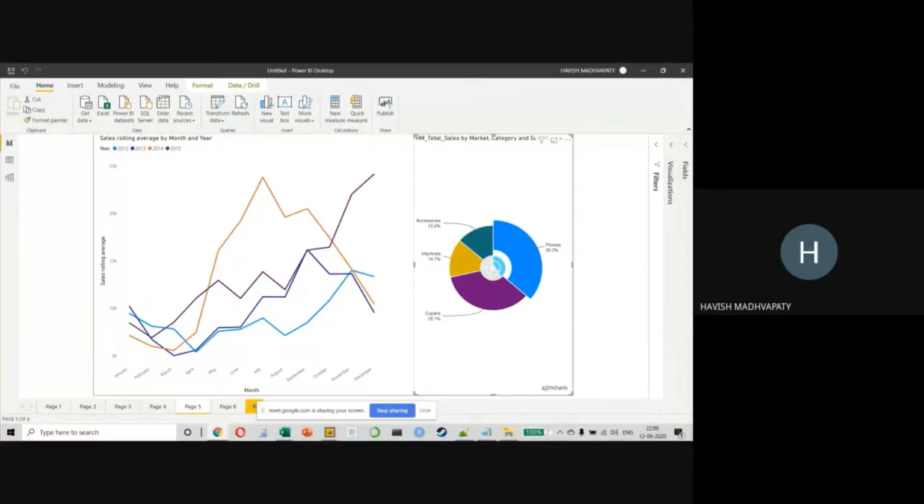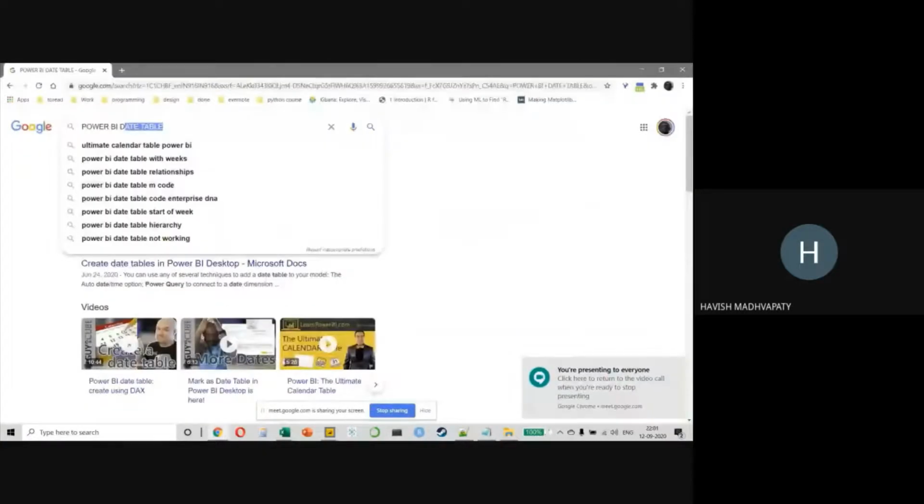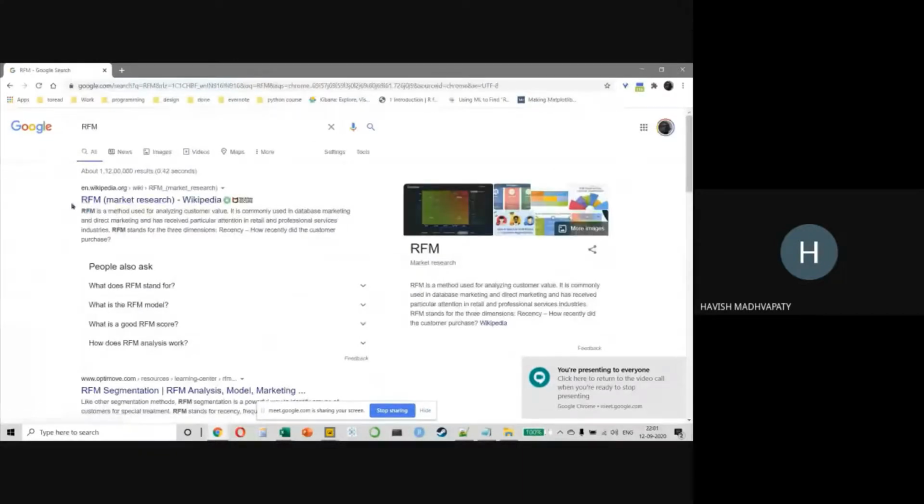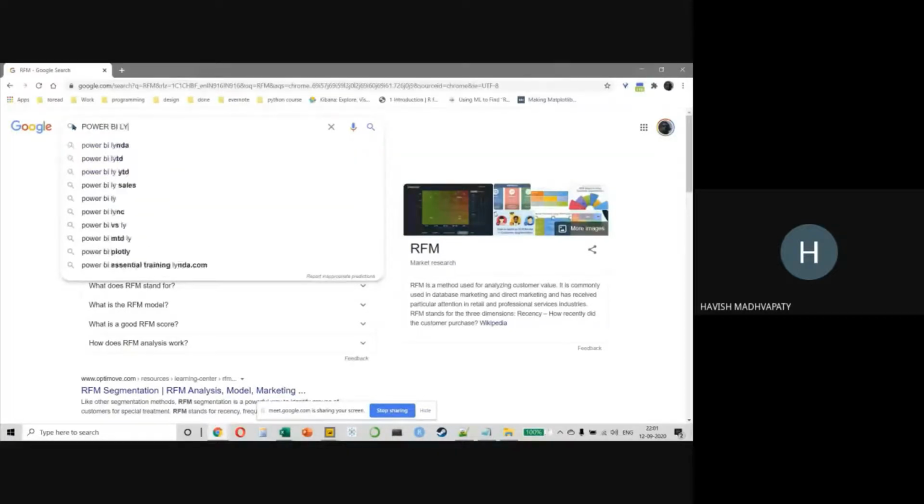Right? See, in terms of customer loyalty, I'm not going to show you the solution because I think some of you guys have done a fantastic job. And you guys use RFM, which is absolutely the correct model to use. But do remember, RFM is not the only model, right? There are lots of other models as well. Like if you go to Power BI and you say loyal customer, you will notice that this is not a...